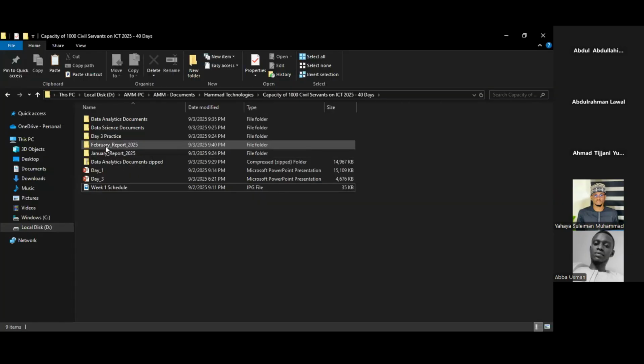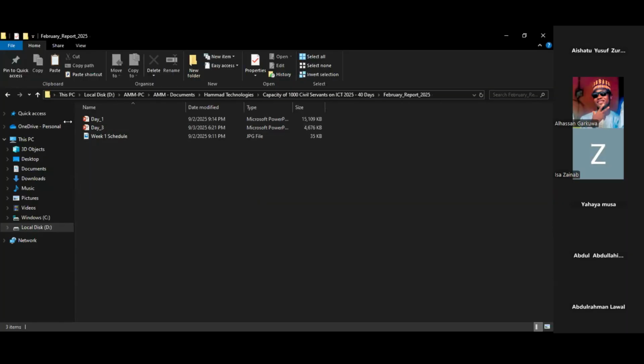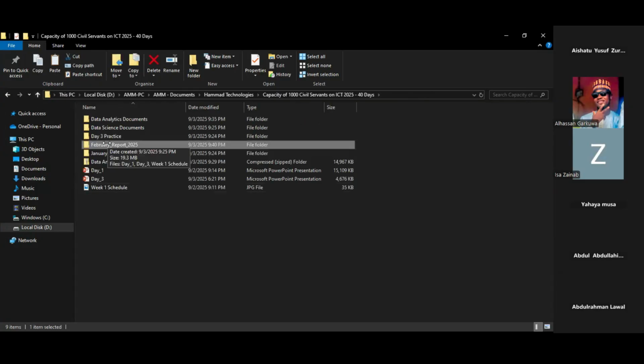So let me now, I don't know if you can see my screen. Here in the February folder, I have three files. So if I need to archive this particular folder, you can just go ahead and right